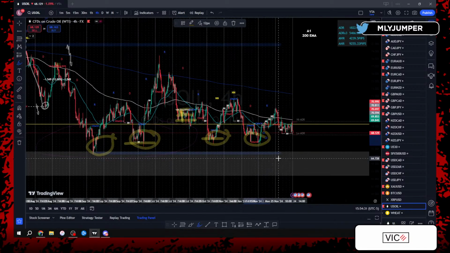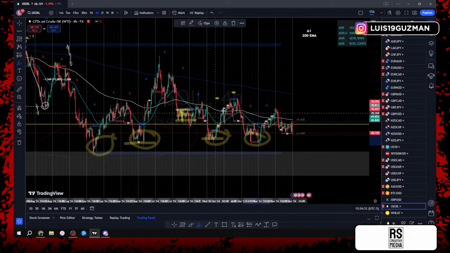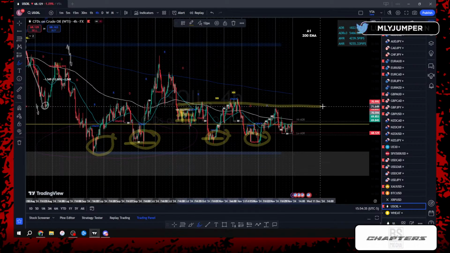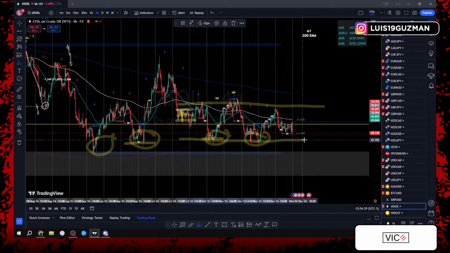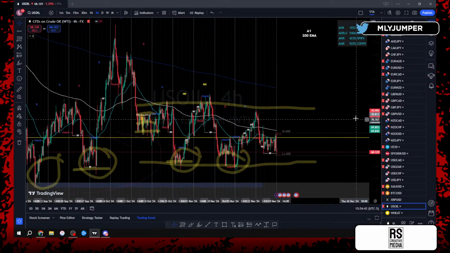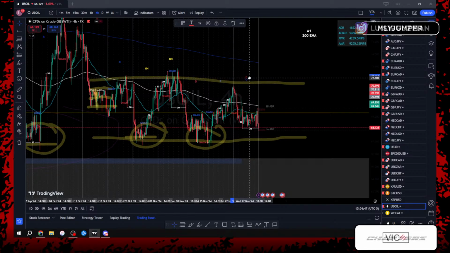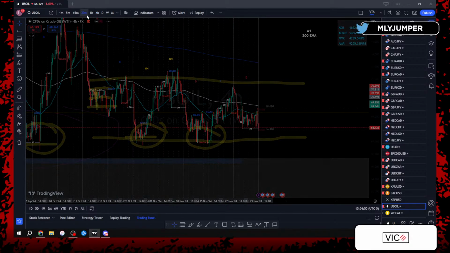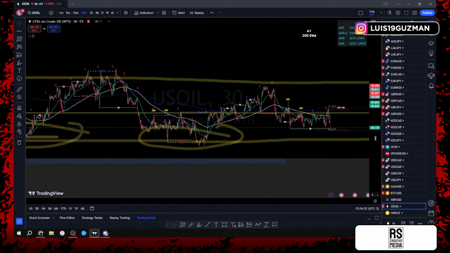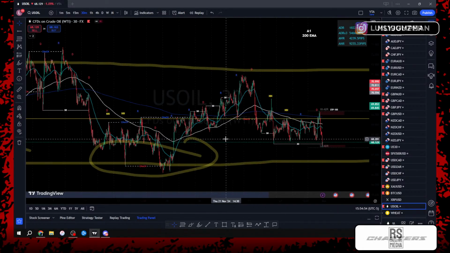So I'm not in no rush. Again, I understand that I'm pretty much in a zone of consolidation. Right, if we break these highs, then perfect. If we break these lows, then perfect. Right, at least we'll know where exactly price wants to go, and we have no continuations on any time frame. So again, at this moment, just kind of taking a step back from oil. Right, I'll get back to trading oil once we see continuations.